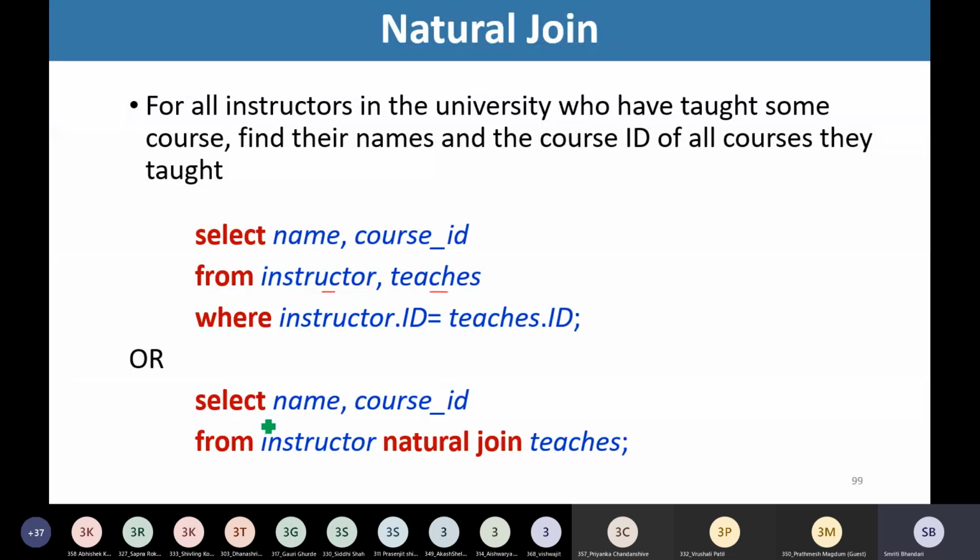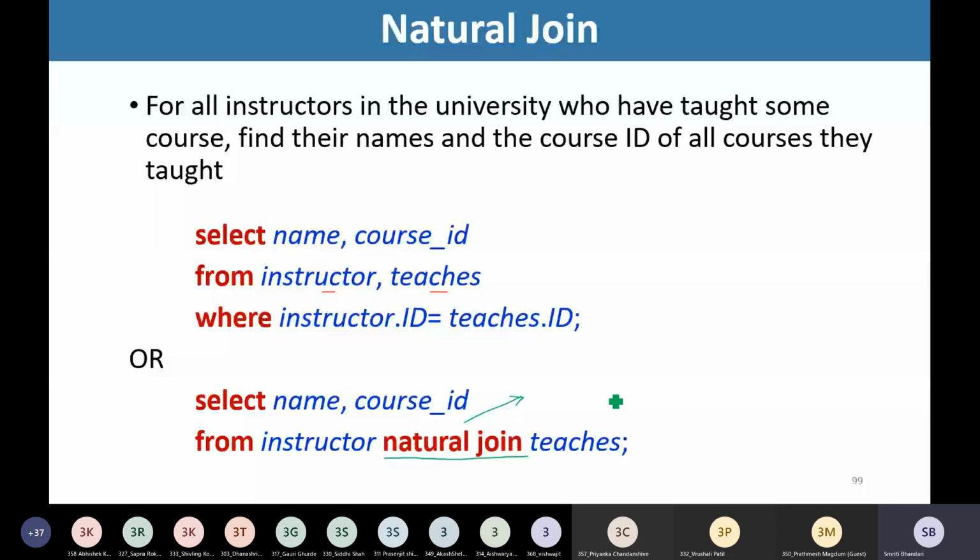Simply: select name, course ID, which is what we want to extract, from instructor natural join teachers. We are making use of the natural join operation here. What does natural join do?